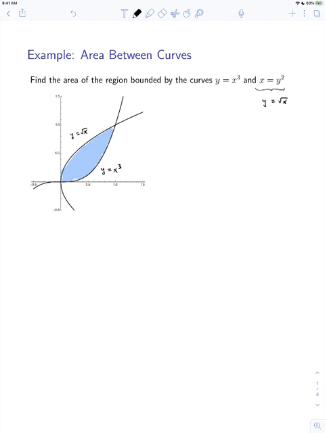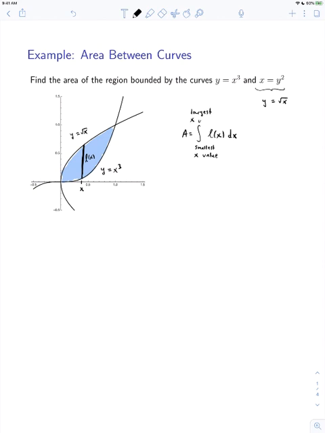So what we can do is we can choose x values, and then for each x value find the cross-sectional length, like so. And if we can determine the length of that cross-section, that will enable us to compute the area by integrating. The area will be the integral of L of x dx. Now we need to find a starting value and an end value for the definite integral. The starting value is the smallest x value, and the end value is the largest